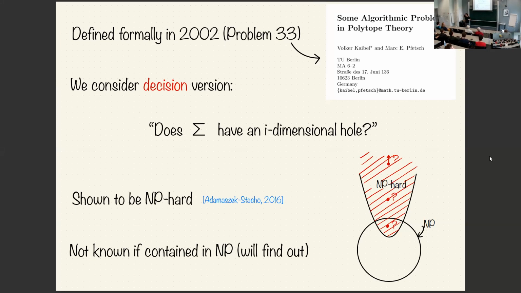Also a question: why is it not in NP? Because it seems like if you get some pointer to an i-dimensional hole, then you just check it's an i-dimensional hole. Well, the answer is that it's not obviously in NP, because when you triangulate a space,